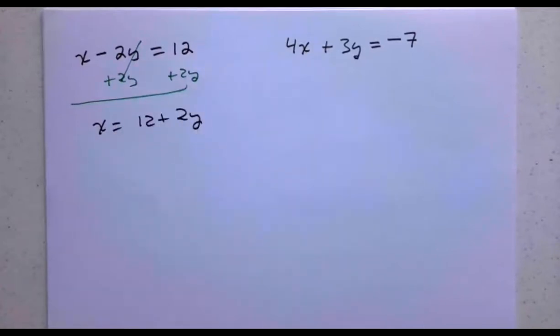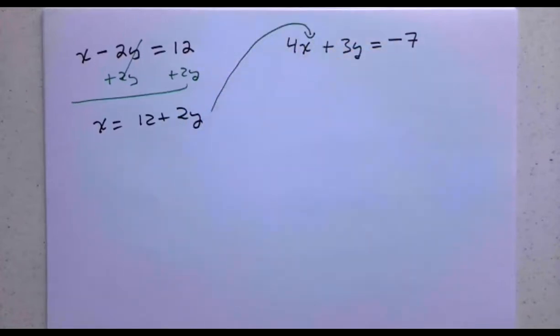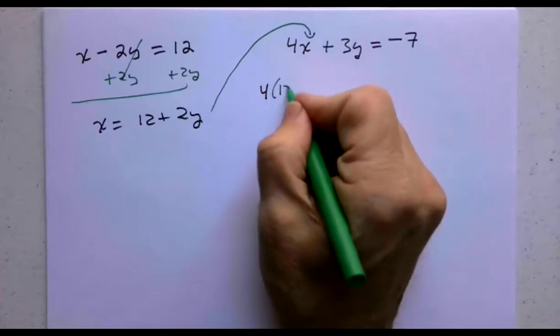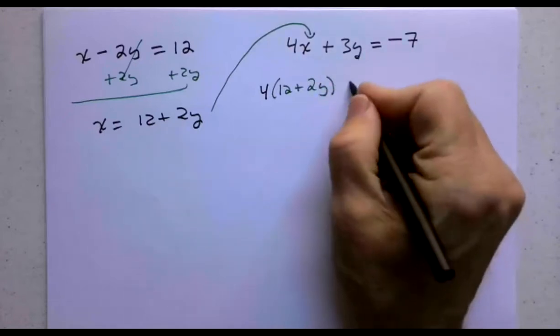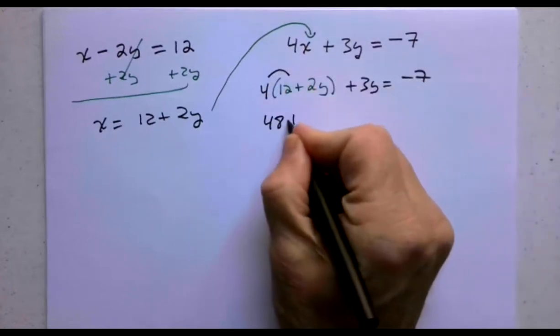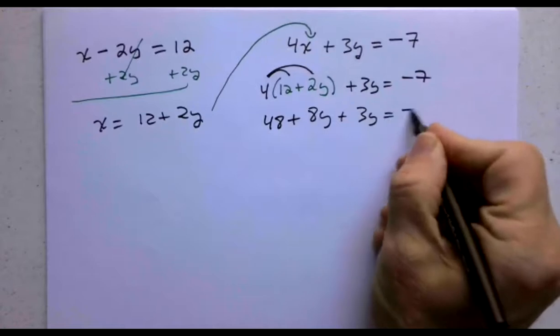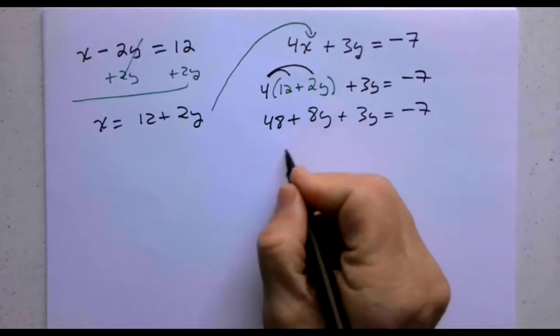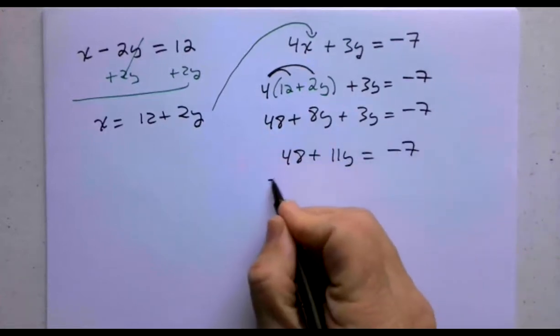And then we will substitute that in for x over here on that side. So I get 4 times, what is x? X is 12 plus 2y. 4 times 12 plus 2y plus 3y equals -7. 4 times 12 is 48. Plus 4 times 2y is 8y. Plus 3y equals -7. 8y and 3y is 11y, so we get 48 plus 11y is -7. Let's subtract